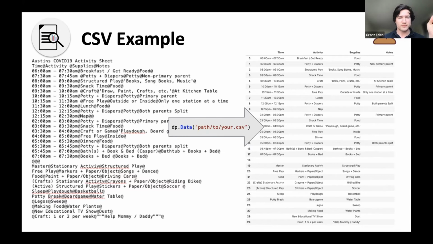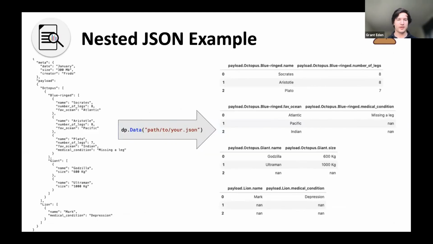activity sheet. It looks like it's delimited with @ symbols. And then it looks like the header is actually on the second row. And as you can see on the right, it's perfectly converted to a pandas data frame so that we can easily analyze it. And then if we look at a nested JSON example, you might see this a lot